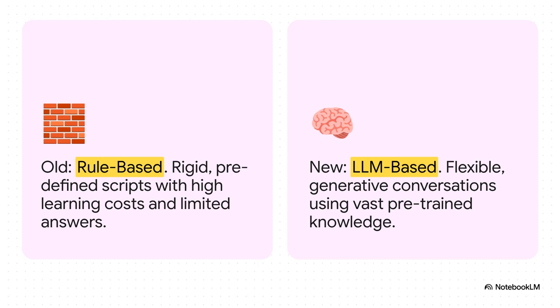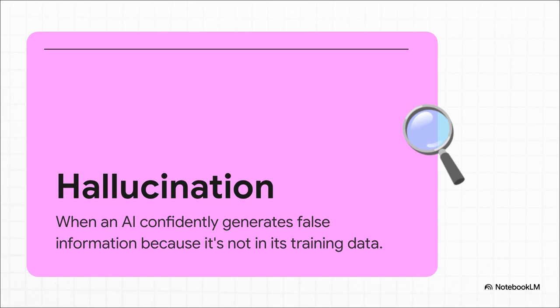And this slide really breaks down that massive shift. On one side, you have the old world, rigid, rule-based chatbots that were incredibly expensive and took forever to build. On the other, you have the new world of large language models, or LLMs. These things are flexible, they're generative, and they can have surprisingly natural conversations. The entire game has changed. We've gone from programming strict rules to guiding an existing intelligence. But, and this is a huge but, all this new power comes with a very specific, very tricky new problem: